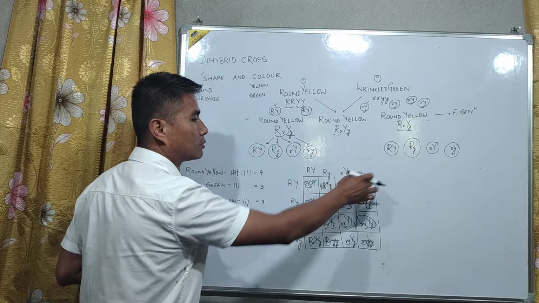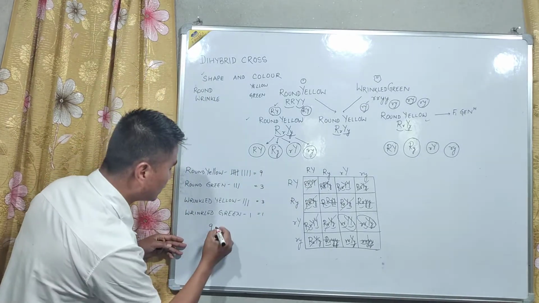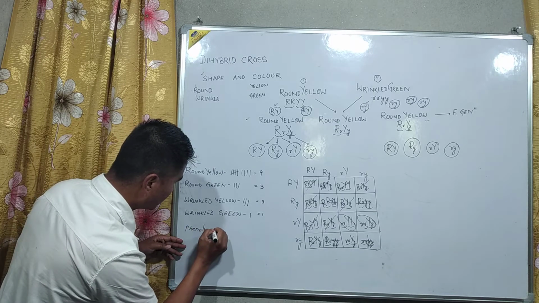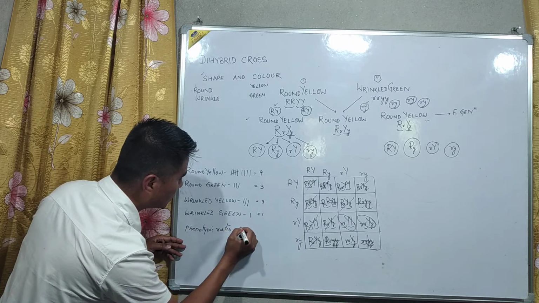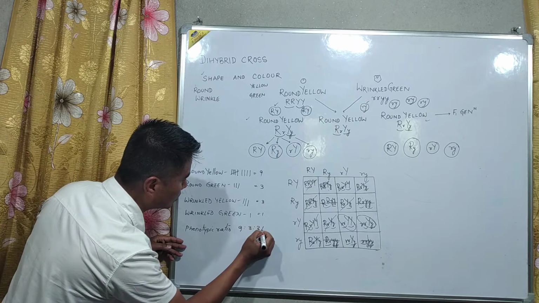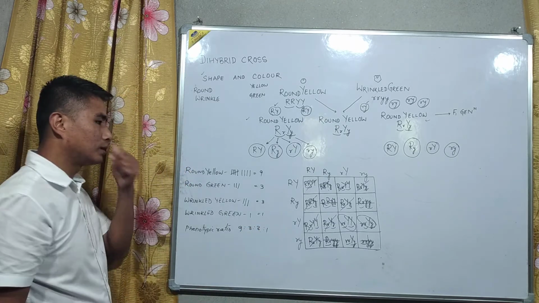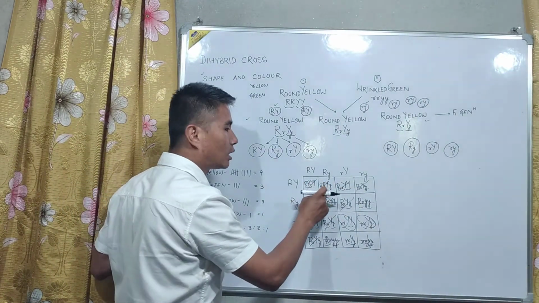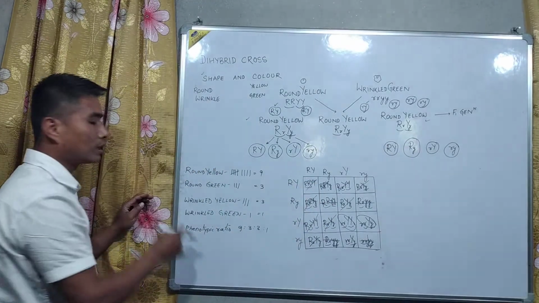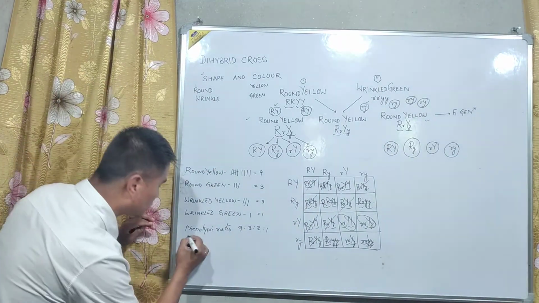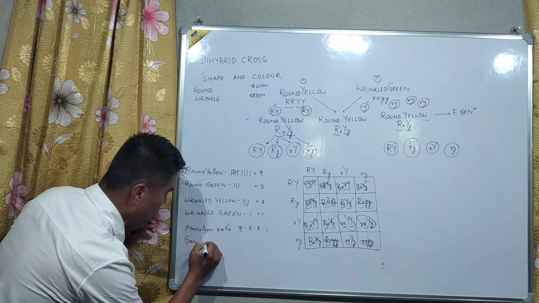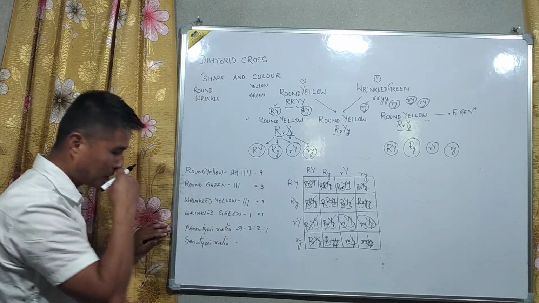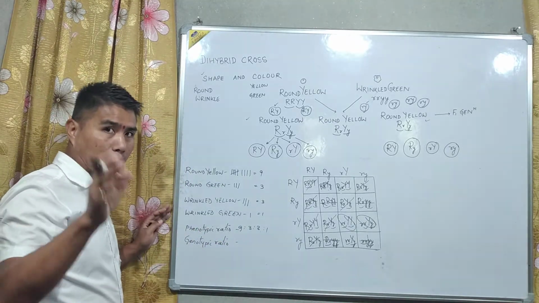This also is giving round, irrespective of whatever the genotypic combination they have. So that is why we have the phenotypic ratio, 9:3:3:1. This also we take as round, this also round, round, round. So this is the phenotypic ratio. But if you go for genotypic ratio, which is not necessary at your level, class 10 level, it is important in class 12.